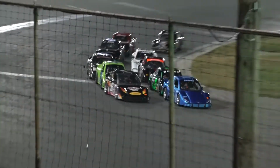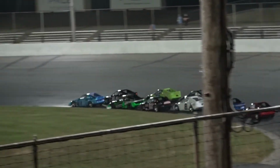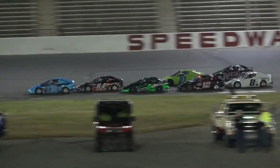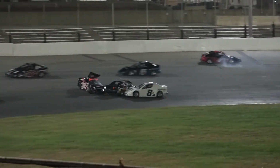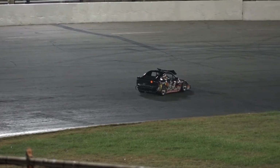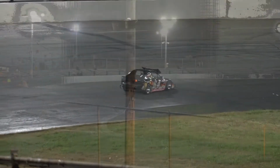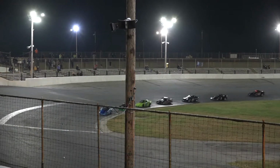Up on the throttle, green flag unfurls. Jaber gets a nose advantage down into turn number 1. Bowden hanging tight up on the outside as they hit turn 2. Down the backstretch, and Bogue tries to get around. Bowden squeezes trouble. 2, 3, 4 cars involved. Bowden gets tapped from behind, goes around the 12 of P.J. Evans, nowhere to go. Bowden getting rolling again, and the red flag has been lifted with the clinch green flag